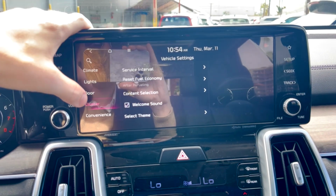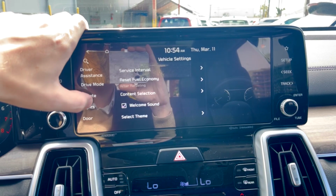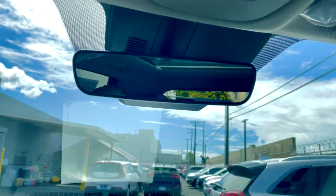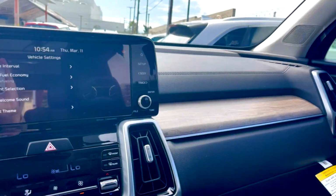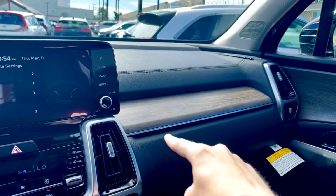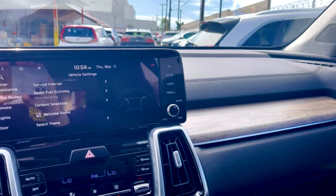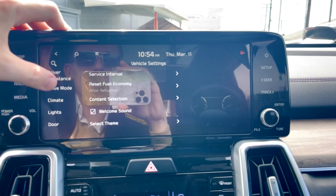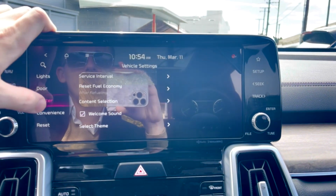Other than that, my two pet peeves about this car are, one, there's no sunglass holder, and two, they don't add any ambient lighting throughout the car, which is a little disappointing, since I've always thought that the lights running underneath the trim was a very nice luxury touch. But other than that, it does make up for a lot of the little things with adding many convenience and